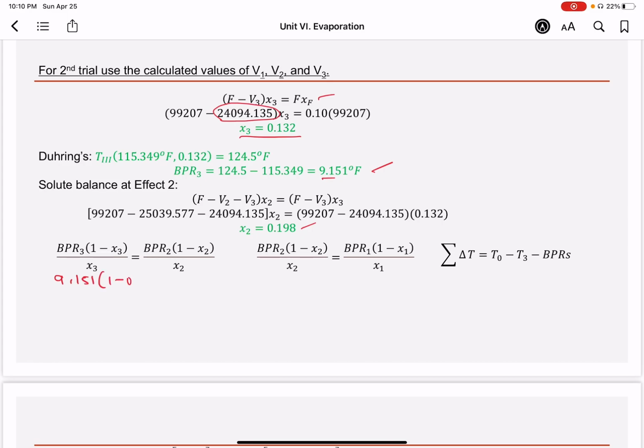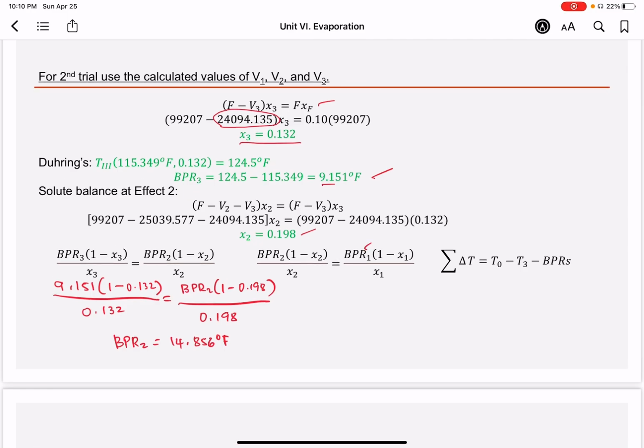1 minus X3, 0.132, all over 0.132 is equivalent to the new unknown BPR2, 1 minus 0.198 all over 0.198. You get a new value of BPR2 to be equivalent to 14.856 degrees Fahrenheit. Using this to get your BPR1, so that is 14.856, 1 minus 0.198 all over 0.198 equals BPR1 times 1 minus 0.5 for the feed, still for the feed, all over 0.5, you get BPR1, which is roughly equivalent to